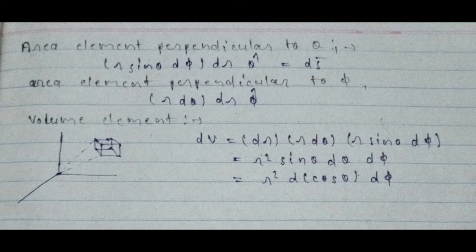Using these, one can derive expressions for curl by the definition of curl, divergence by the definition of divergence in these coordinate systems also. So, we have derived in the two lectures the line elements, area elements and volume elements in Cartesian, cylindrical and spherical coordinate systems. Using these and using the Stokes theorem and divergence theorem or their definition, we can derive the expressions for the gradient, divergence and curl also in these coordinate systems. We will focus on